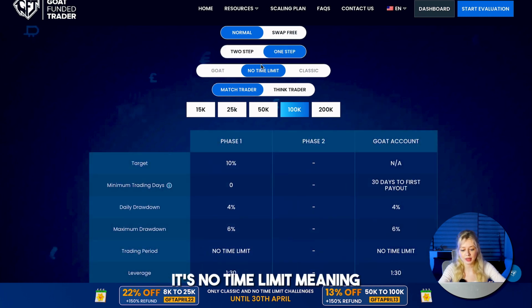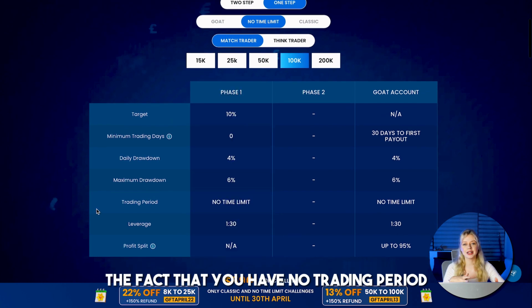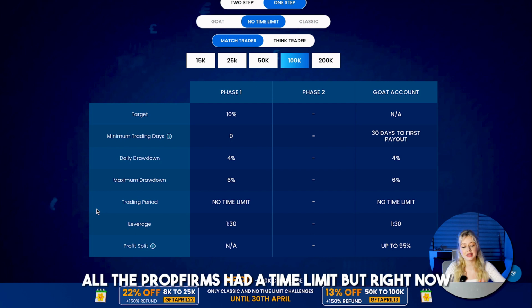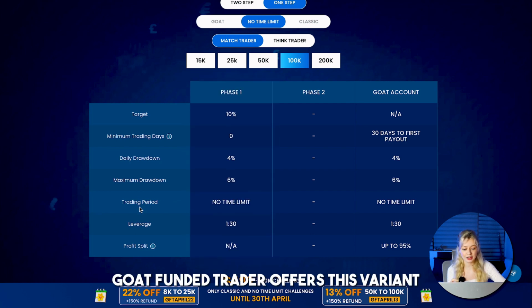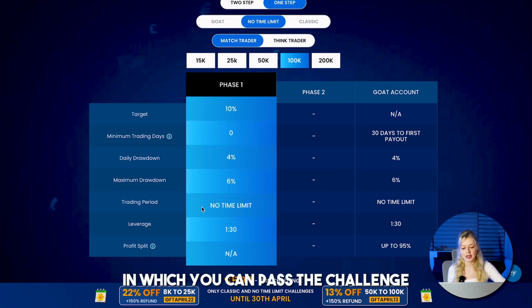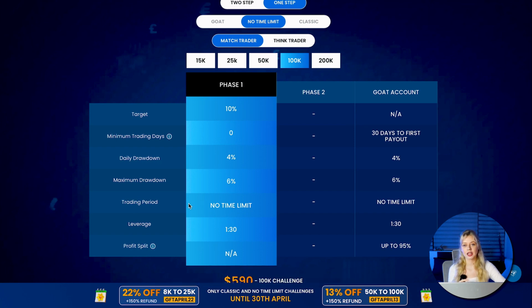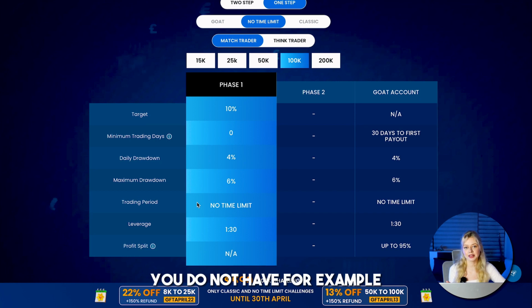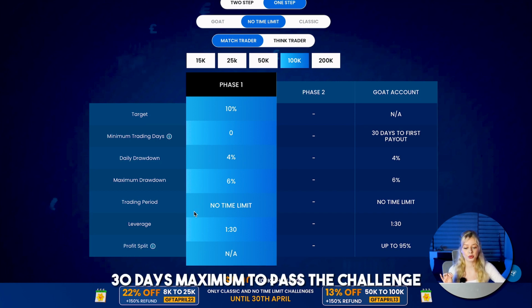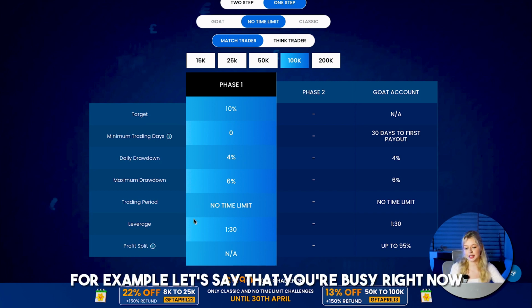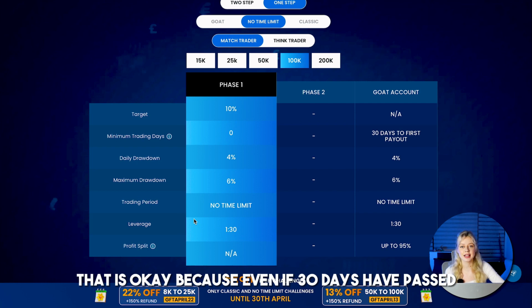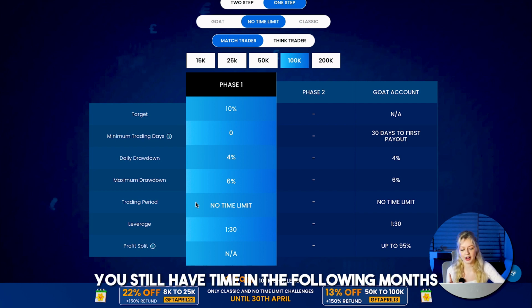It's no time limit, meaning the fact that you have no trading period in order to pass this challenge. In the past, all the prop firms had a time limit, but right now, Goat Funded Trader offers this variant in which you can pass the challenge in a longer period of time. You have basically no time limit. You do not have, for example, 30 days maximum to pass the challenge. For example, let's say that you're busy right now and you only got one single trade this month. That is okay because even if 30 days have passed, you still have time in the following months to pass